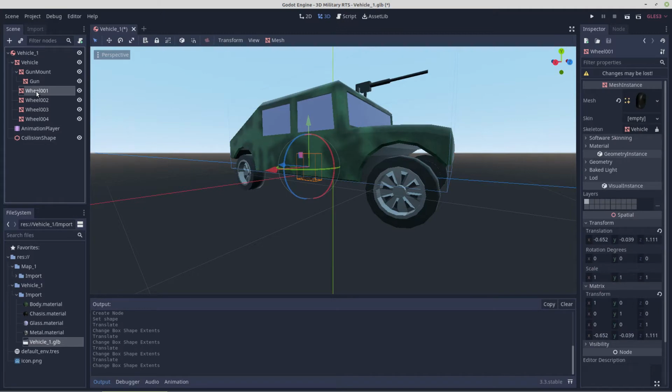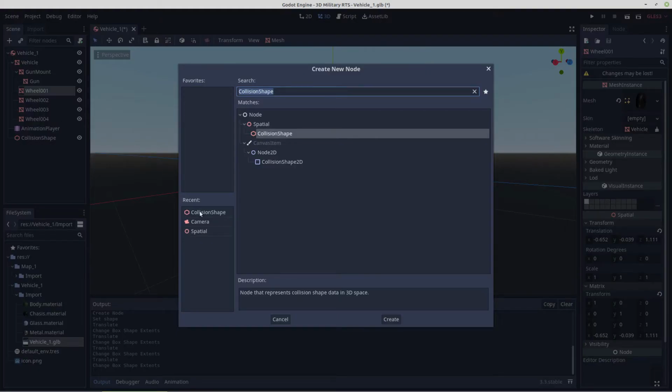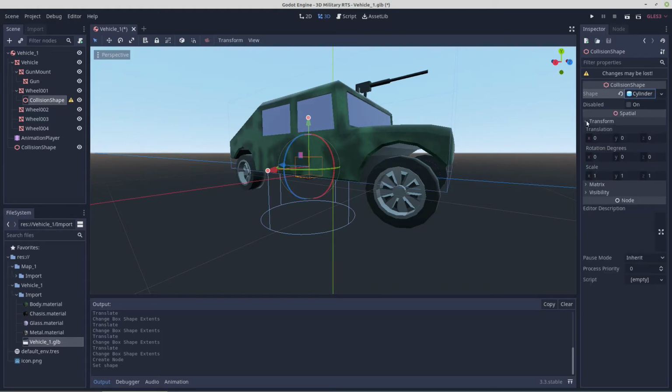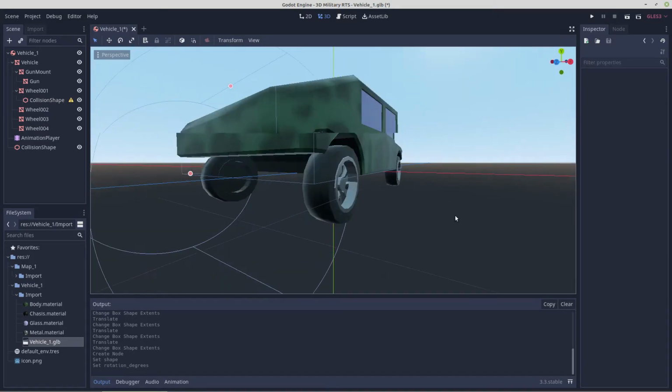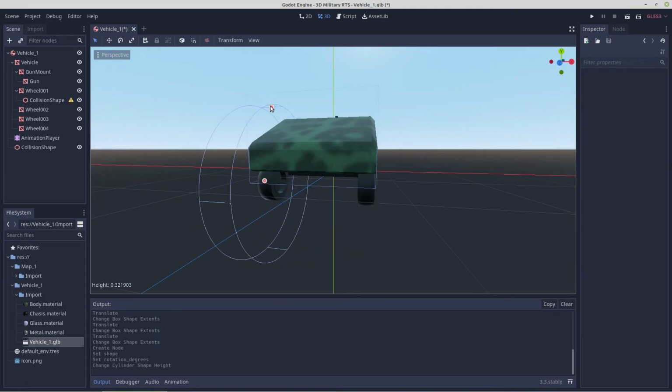But we can use the location of the wheels to get them in the right place. So we'll add collision shapes to that. We'll make them cylinders because we're going to make them the shape and size of the wheel. They'll need to be rotated on Z by 90 degrees so that the cylinder is facing the right way for the wheel. They need to be scaled in and down